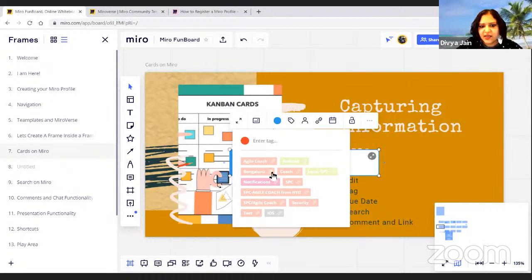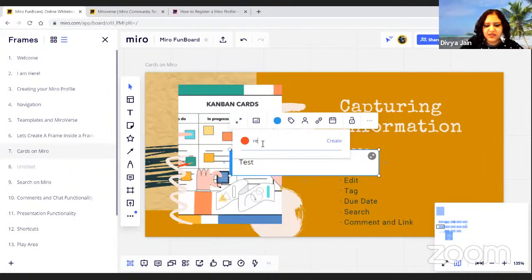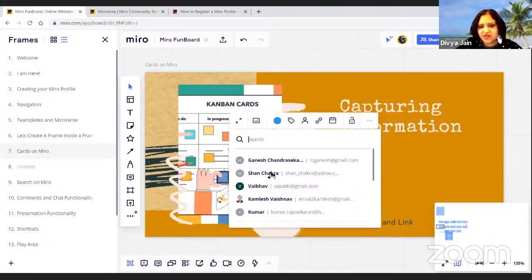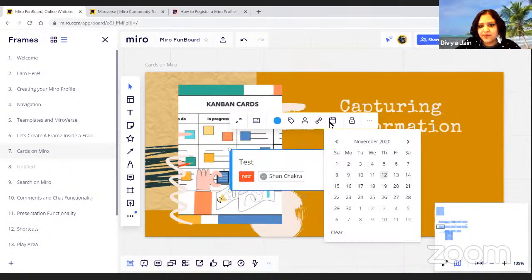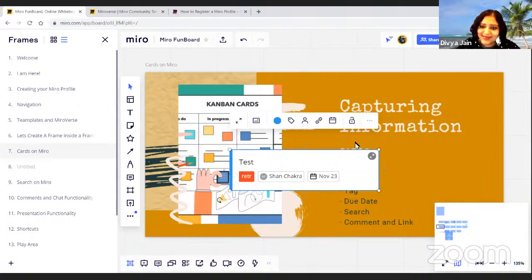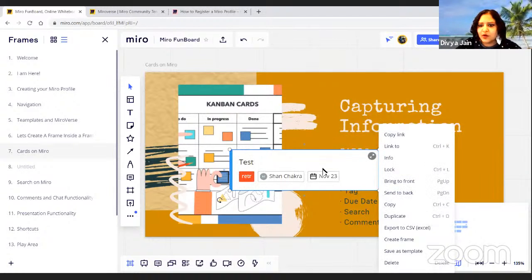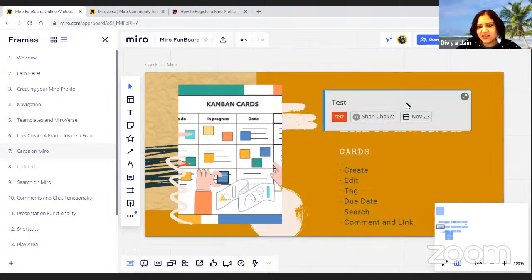Now I can tag it. So let's say you were doing a retrospective. You can tag it, you can assign that retrospective item to, let's say, Sean. You can give them a target, or they can add their targets. Let's be agile. You can say which Jira work item it links to. You can do all of that, and that can be your retrospective actionable. So you can create a card, you can edit it, you can tag it, you can due date it,